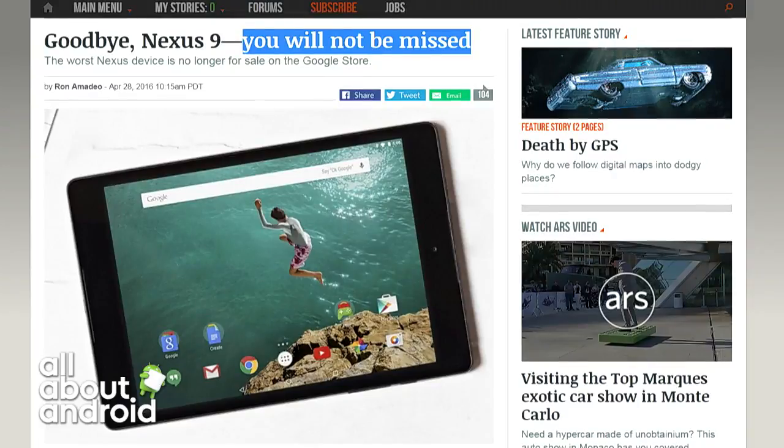Now, I would like to point out here that I hold in my hand my trusty Nexus 9 that I've been using since it came out, and it has been fantastic for me, and I've never had a single complaint. So I'm sad to see it go because I can't replace it if this ever dies. But I do not agree with Ron's just destroying of a device that I've loved for more than a year. Man, the Rons are divided on this issue. But do you agree with his sentence?